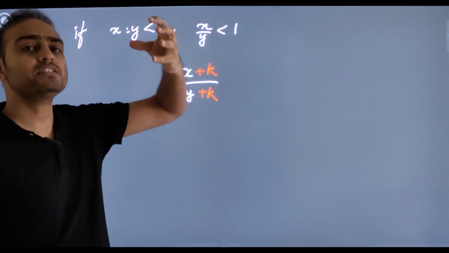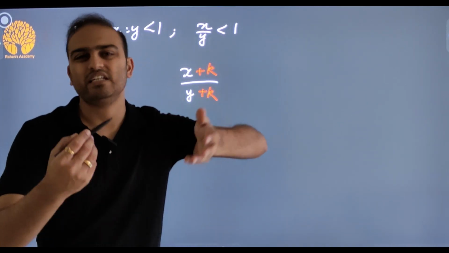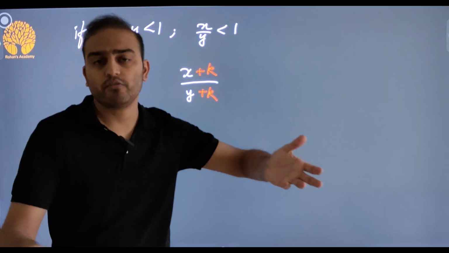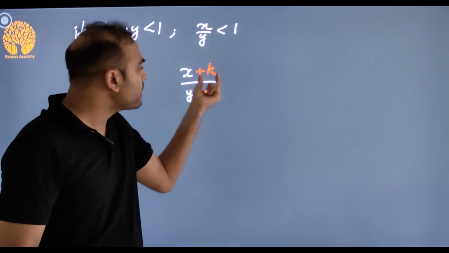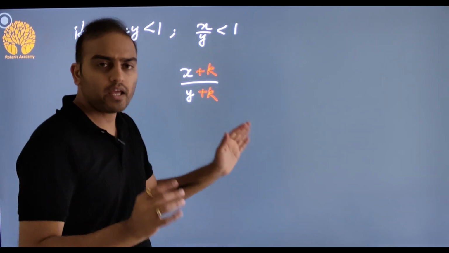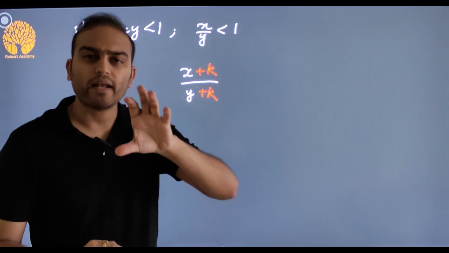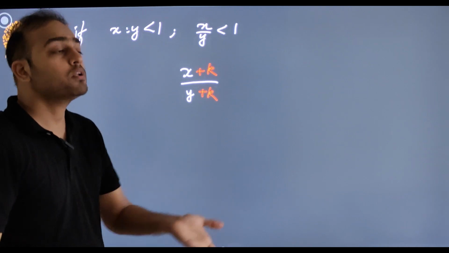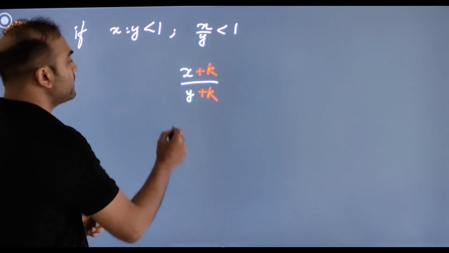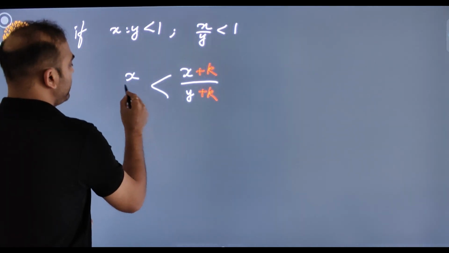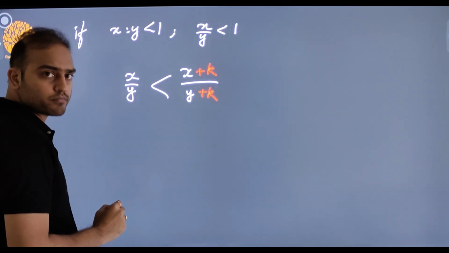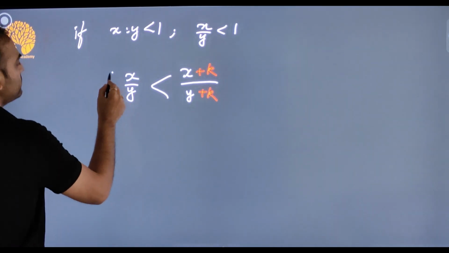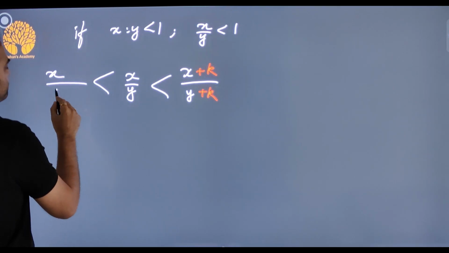The original concentration was less than 1, 40%, 90%, 80%, 75%. What am I doing? I'm adding k by k, which is a ratio of 1, so I'm adding close to 100% to it. So what will happen? The concentration will increase. That means this is greater than x by y,